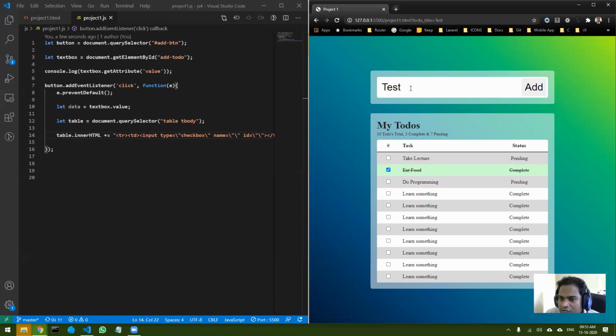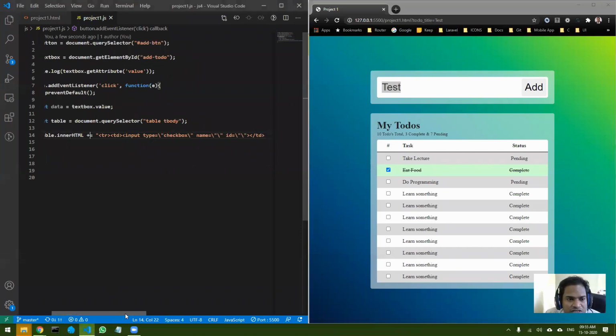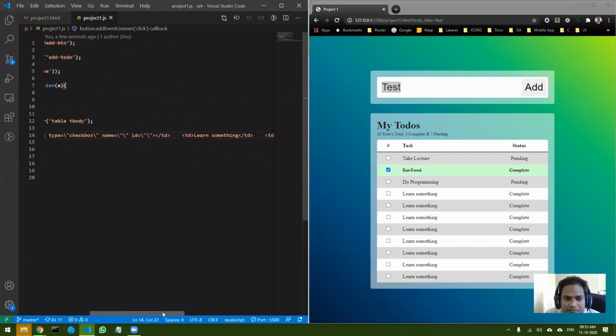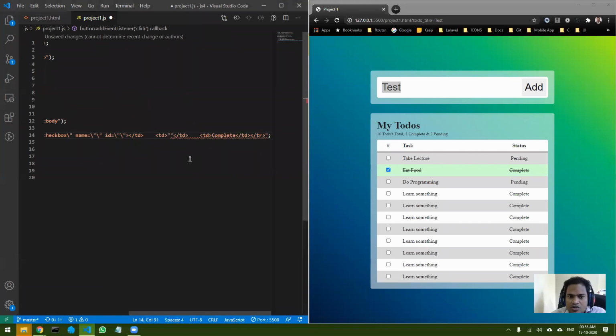I want whatever I type over here to come onto the table. For that, I have to manipulate this particular table, because I want to replace this. So learn something: whatever you want to replace, you do only one thing. You remove that particular text, add quotes over there, and add two plus symbols. This is what you do.